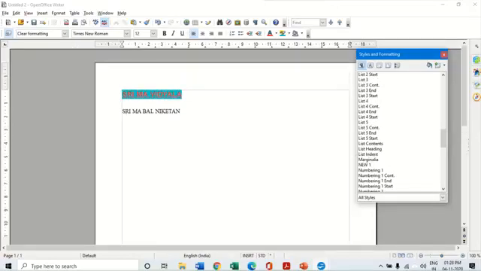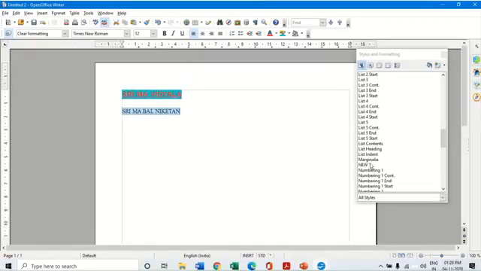So I can select this text now and double click on this, and the same formatting gets applied to the text. So in this way, I can create my own formats according to my wish and add it to the list of formatting. So here once again, let me create one more format. Let's take hello. I'm going to select this. I'm going to create a new format.